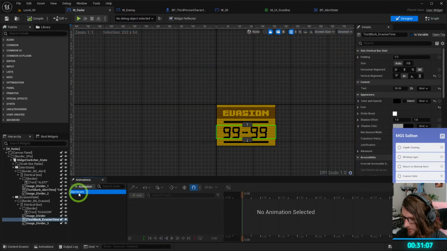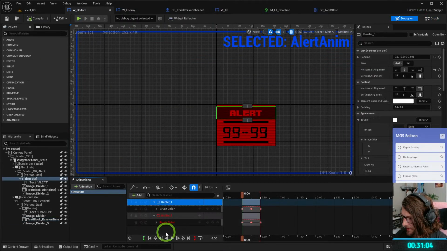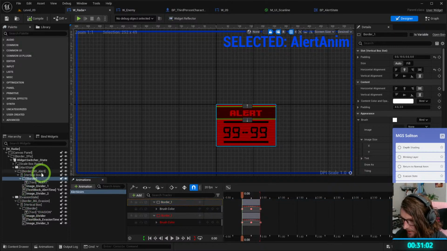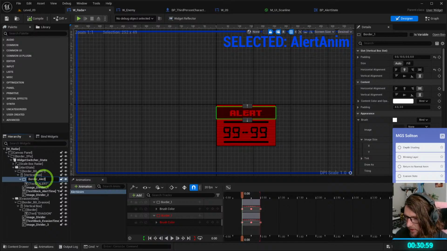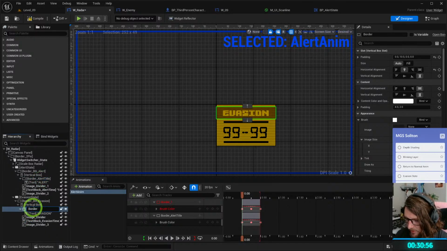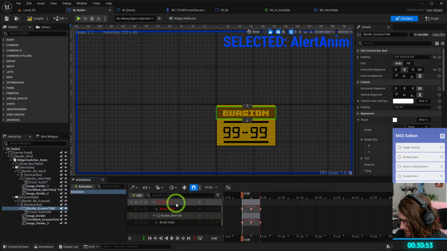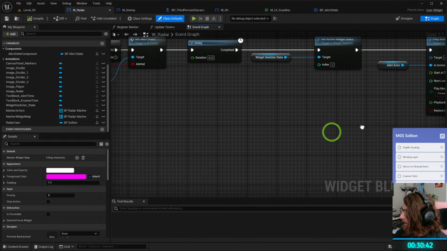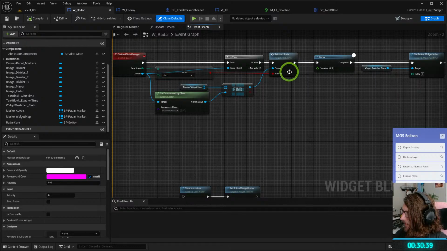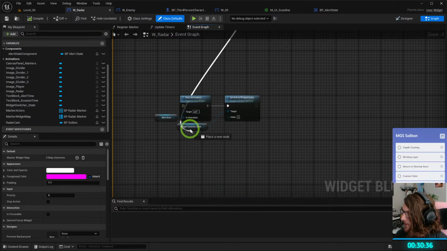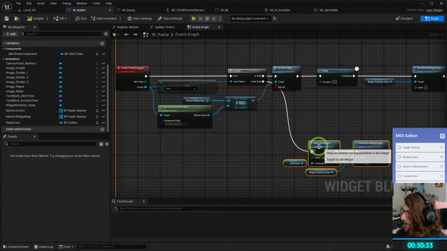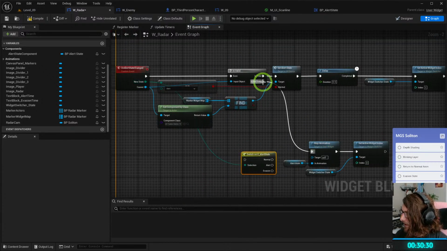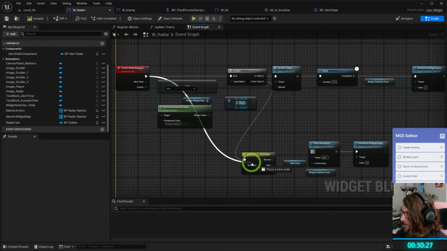Should actually also in here duplicate this and use, so this is border underscore alert title, and then this is border underscore evasion title. Sure, that's fine. Okay, so that plays. If there is no valid causer, then we'll switch here. In fact, what we could do is we could just switch